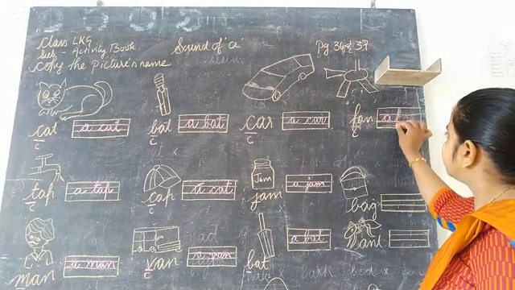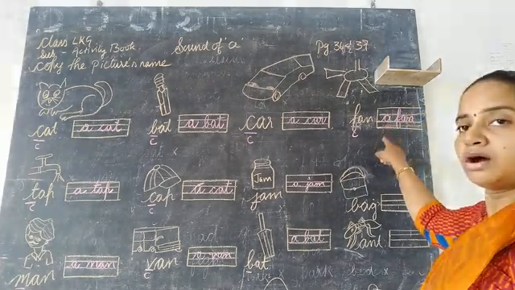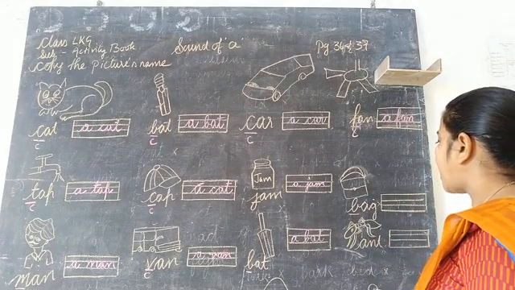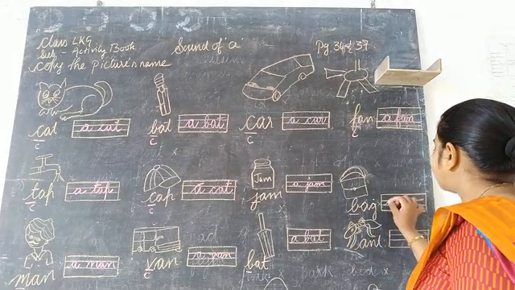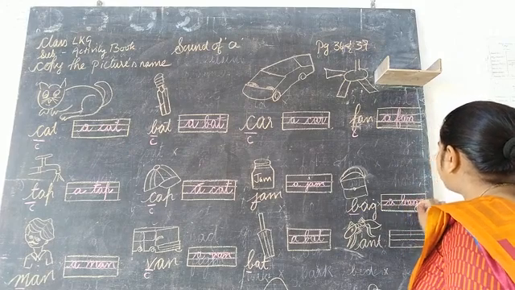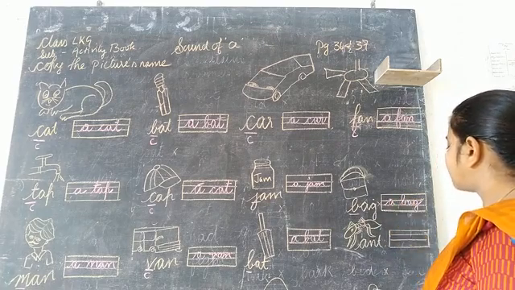And how do we write in the 4 lines given? We will use a before a consonant. So it will be a fan. Then we are having once again a consonant here. Bag, B. So what do we write here? A bag. A bag. See that? When you write in your 4 line, the letter doesn't come out as I have done here. It doesn't come out of your line.